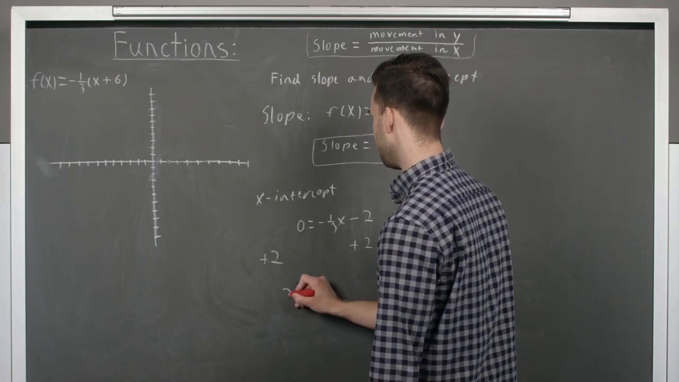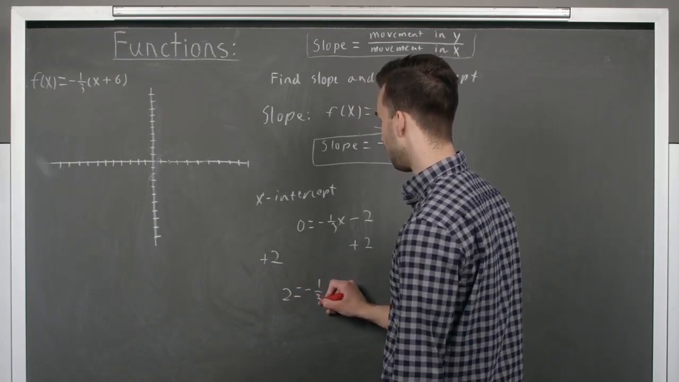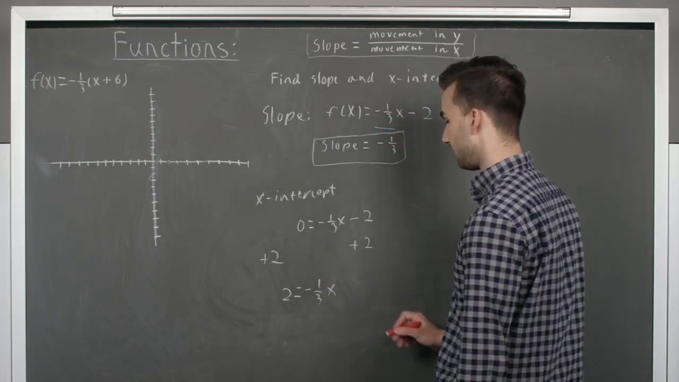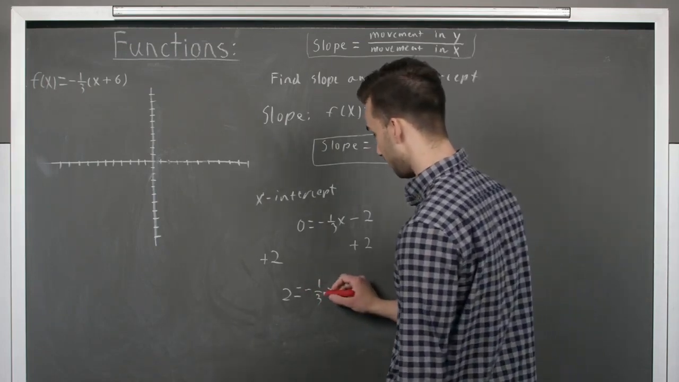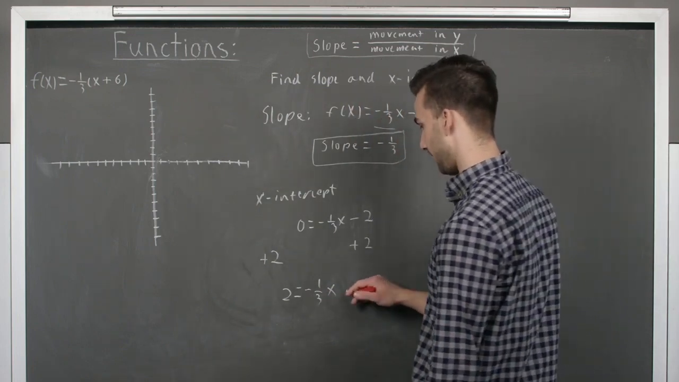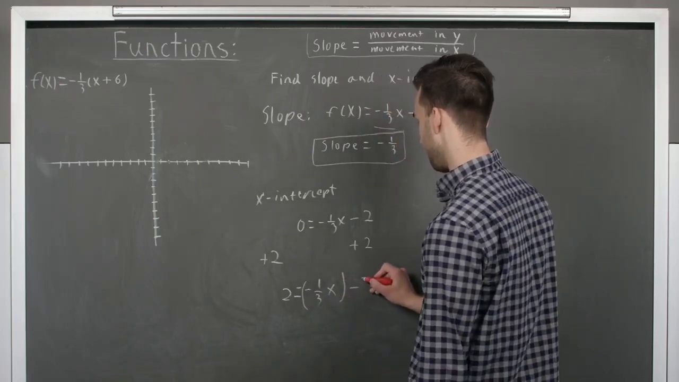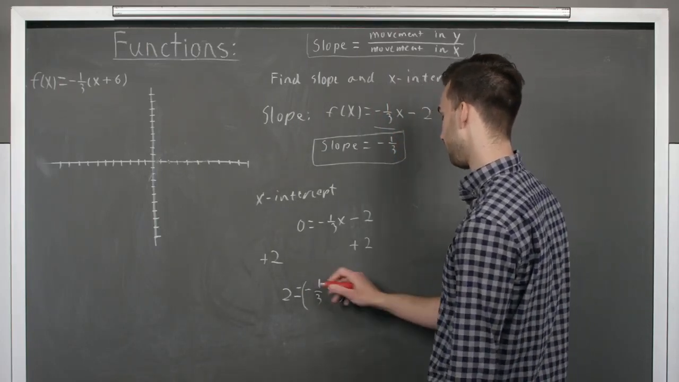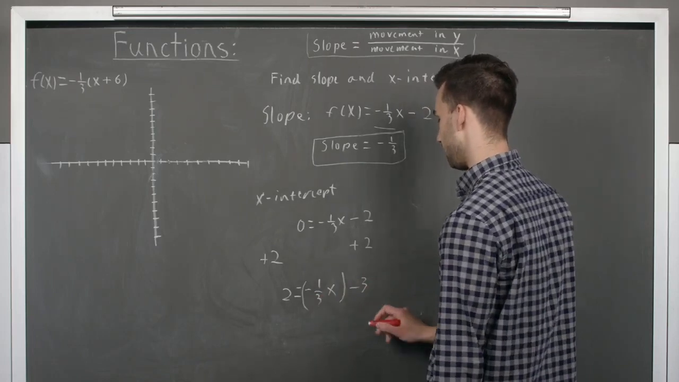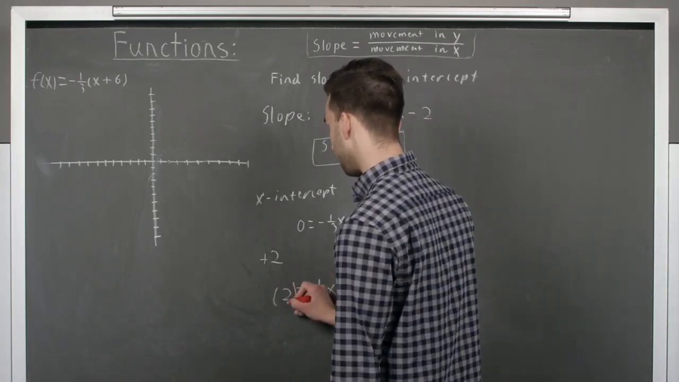So we have 2 is equal to negative 1/3 x. Okay, so if we want to get rid of the negative 1/3 x, we just need to multiply both sides by negative 3, because that will cancel the negative and it will cancel the 3 on the bottom, and we'll just be left with x. So multiply this side by negative 3,